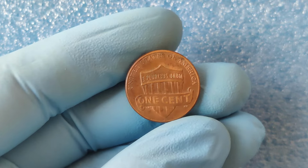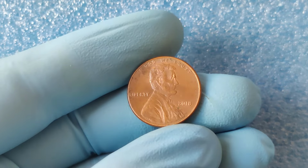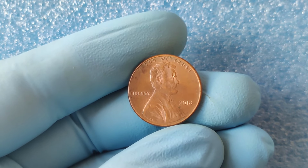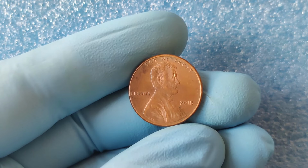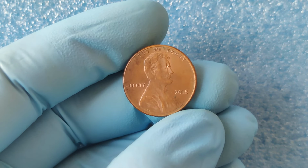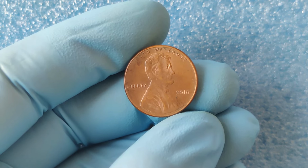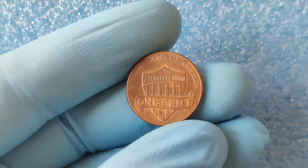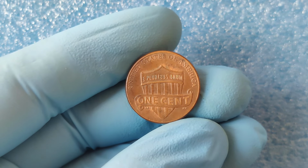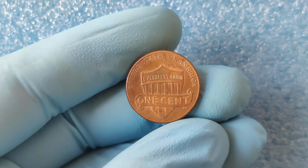which can significantly impact its value. Right now, the coin market is booming for rare and error coins. The 2018 Lincoln cent is just one example of how a small mistake can create big value. As collectors hunt for rare pennies, the demand keeps growing, which drives prices higher. While we can't predict the future, some experts believe that the value of these error pennies could continue to rise as more collectors enter the market. So if you've got one, it might be a good idea to hold on to it and keep an eye